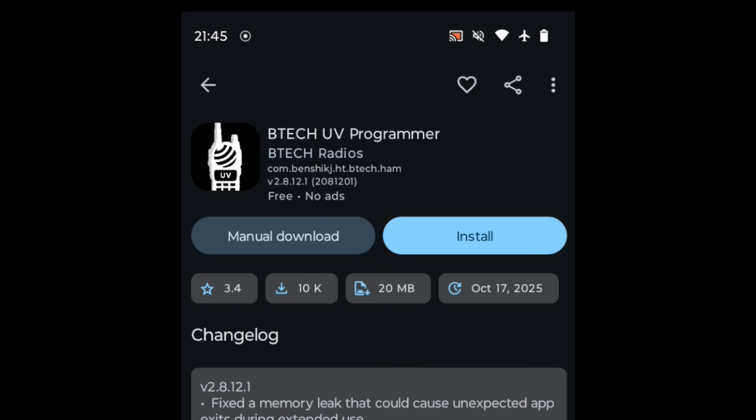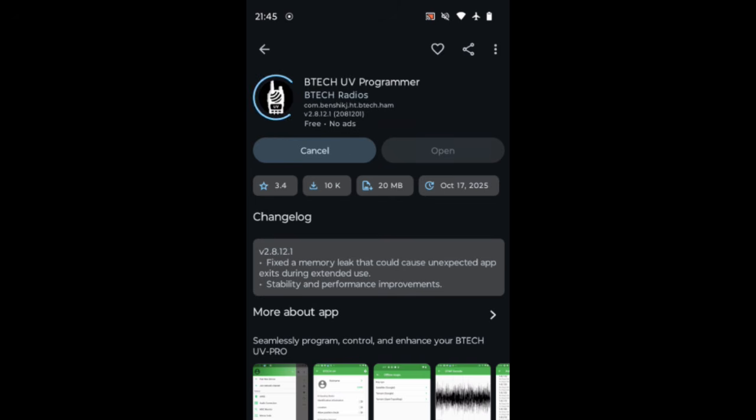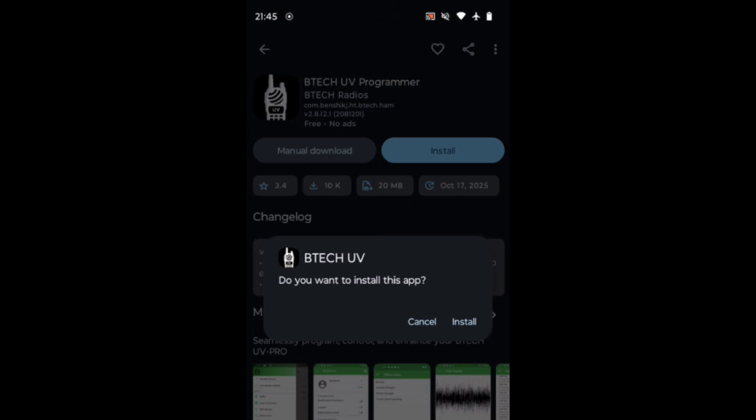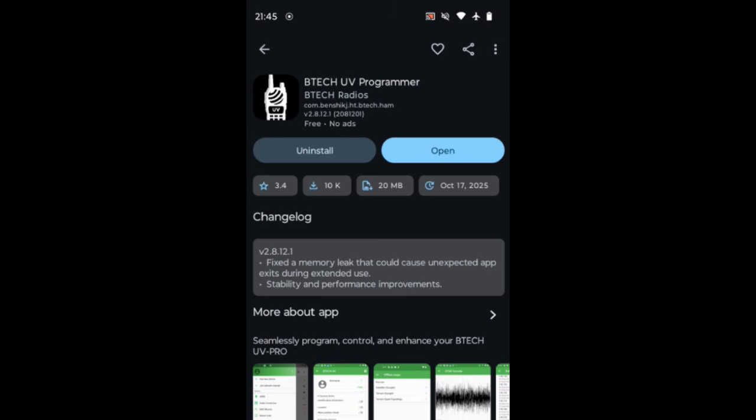So tap Install. And again, tap Install. Before we open it, we're going to download the other apps. So let's go back